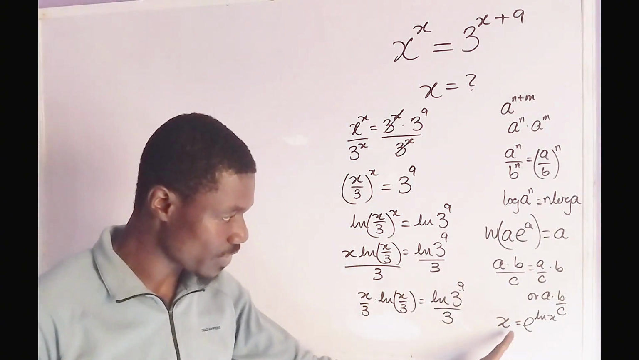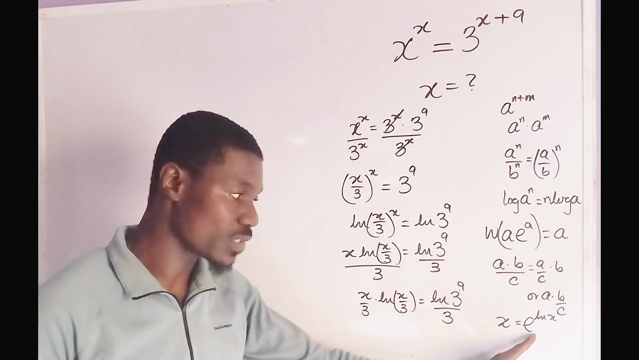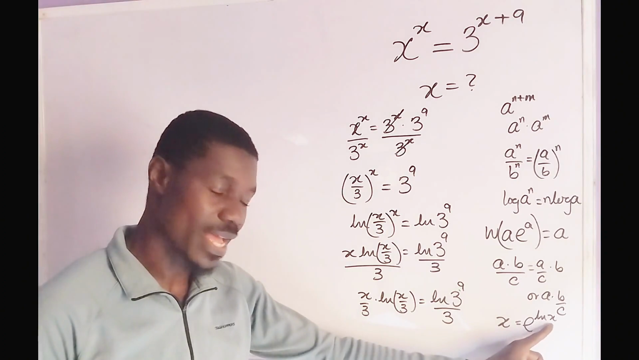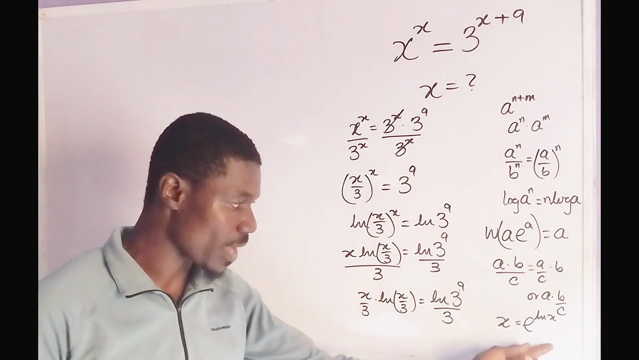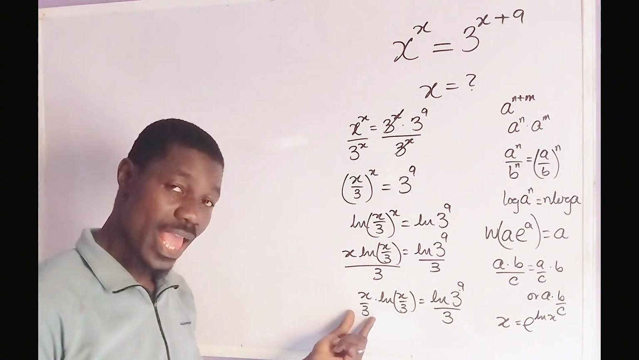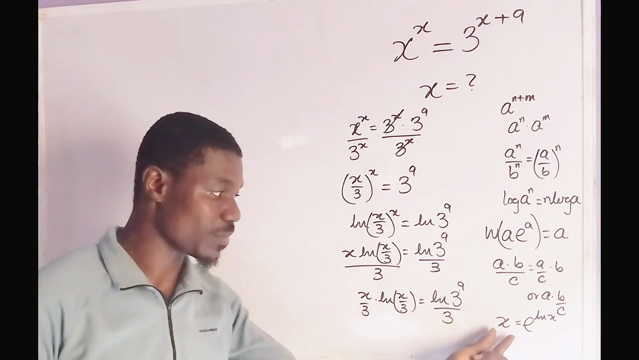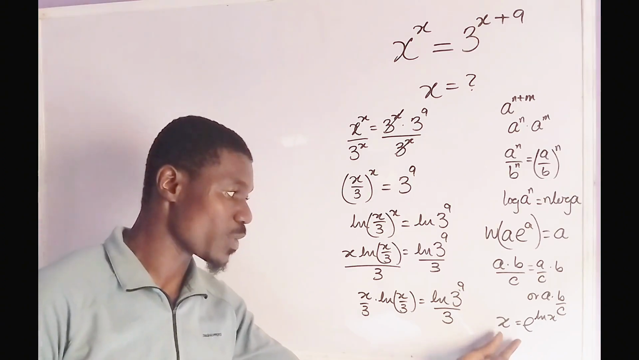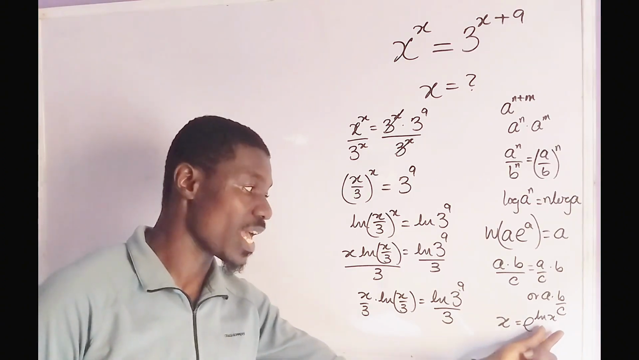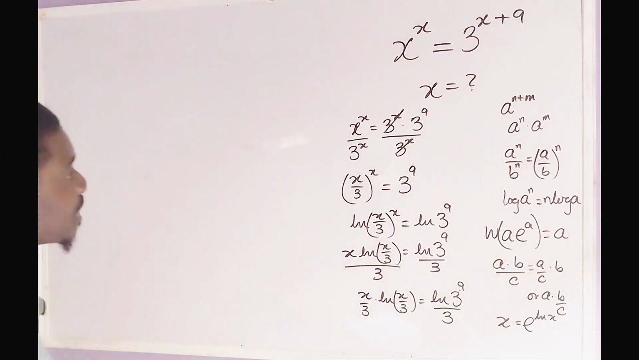Now here we have x. Our x can also be e raised to the power of what? ln x. Okay, now if we apply this rule here, it means we can raise x to the x all over 3, which is represented as x. So we can write it as e to the ln x all over 3. Okay, so by that,